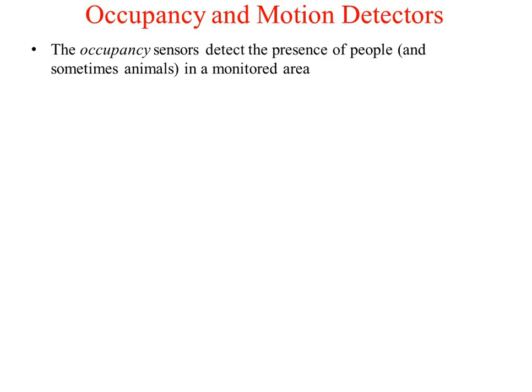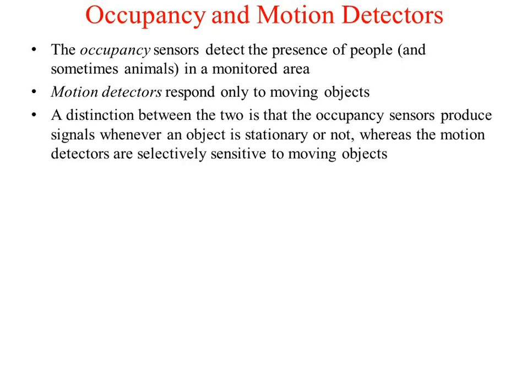So for that purpose occupancy sensors are used, and motion sensors are generally used for identifying moving objects. If the object is standing still, you can simply use an occupancy sensor, and if the object is moving, you will require a motion sensor. But most of the time the sensors used for occupancy and motion serve both purposes.